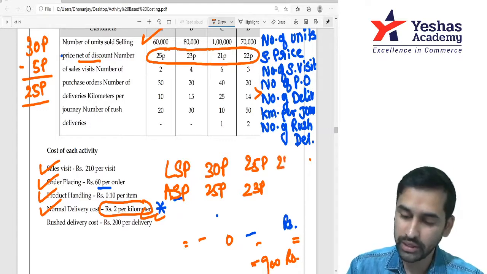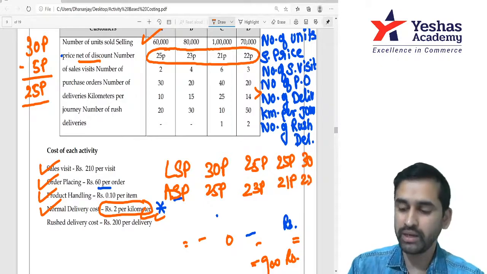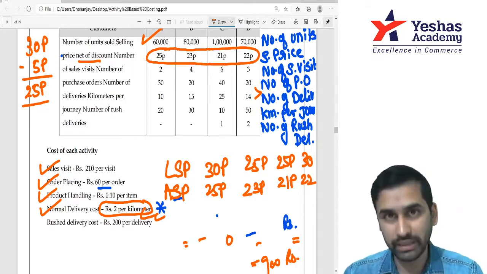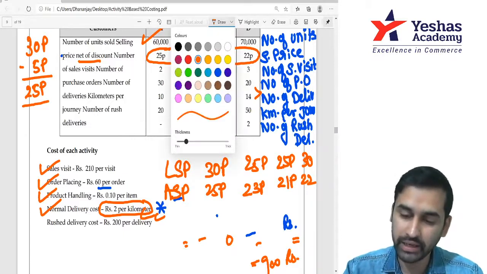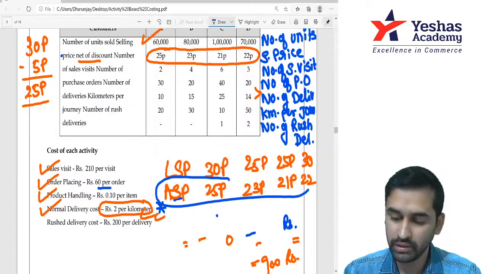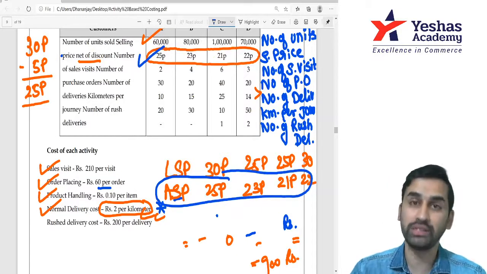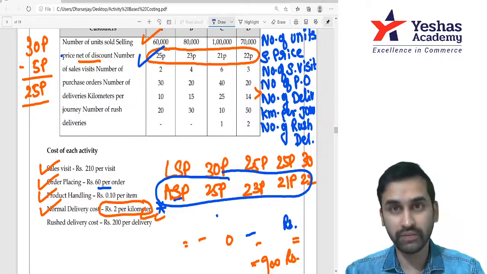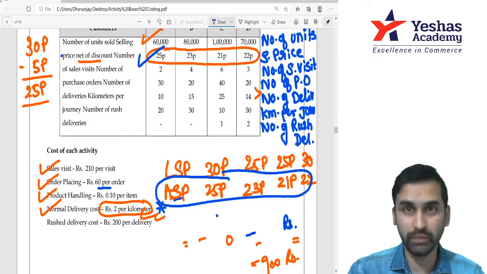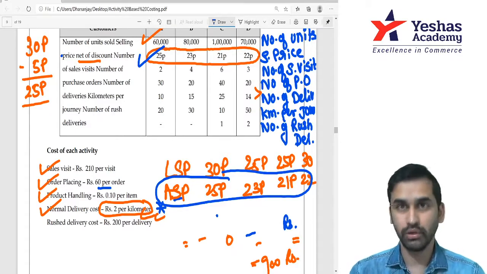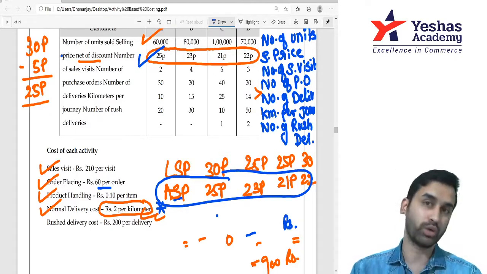Then this is 25 paise, this is 21 paise, this is some 30 paise, 22 paise. Now what to do? When you prepare profitability statement, you will anyway take the actual selling price, not the listed price. You will take this only, like what I did just now. Actual selling price after deducting discount only you will take. But what if they ask you to write one comment as one more question? Was the discount good decision?